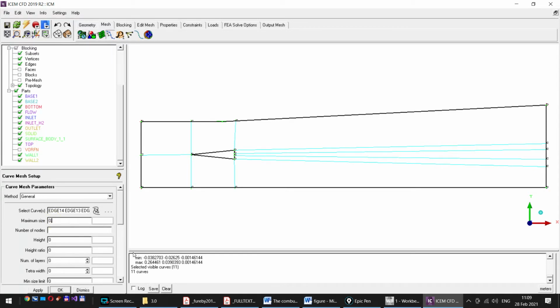So maybe no, I think 2 millimeters will be okay, or even something like 1.5 millimeters. In ICEM CFD, meters are used as units, so we remember that we should use meters here and not millimeters. Click OK,